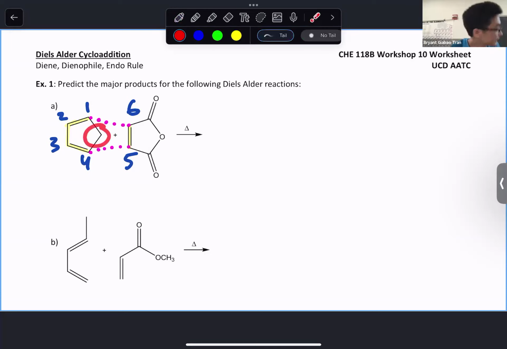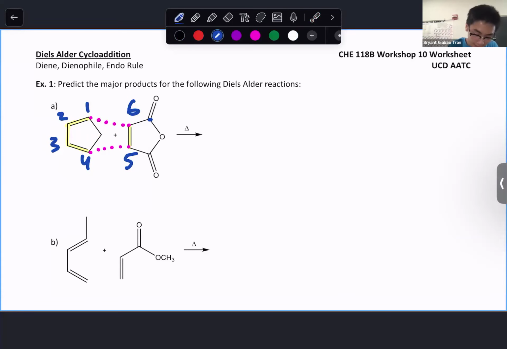So let's look at this group here. Is this an out group or an in group? It is an in group because it is inside of the pocket here. If it's inside of the pocket, would that have to be cis or trans to the EWG based on the octet rule, endo rule? Trans, right? Where these are EWGs because the first atom attached to the dienophile are these partial positive carbons there, right? So let's draw that